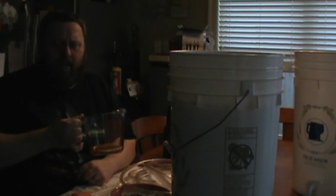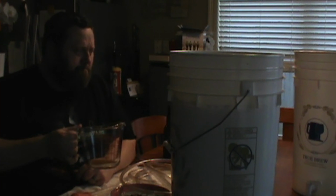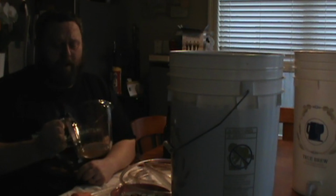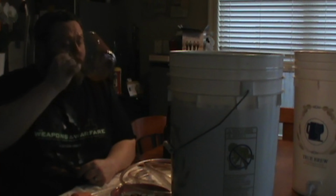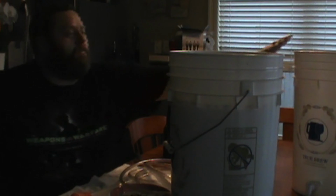I think it fermented down probably a little too much of the honey. But that could change when I rack it. But overall, very good mouthfeel. And even though it's not carbonated, this does taste very good. So I'm happy with it. So what we're going to do now